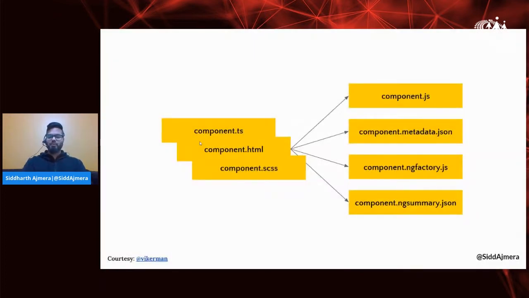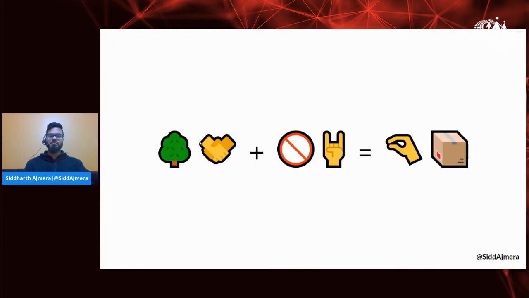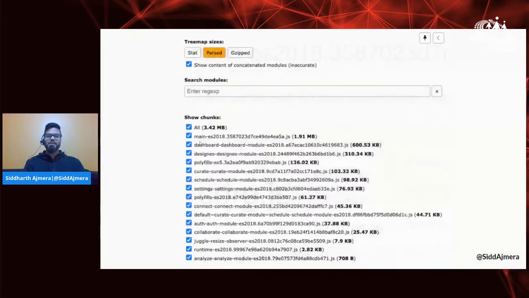This is great because now, since we don't really have all these metadata files, and the framework code itself can be tree shaken away, it eventually results in smaller bundles, which is great, right? So I'm not making this up. This is something that is actually true, and here is an example of a source map explorer view